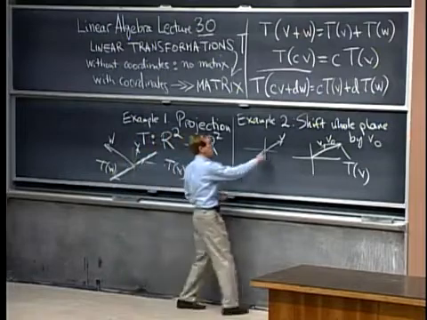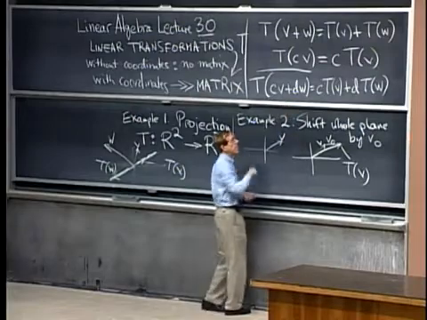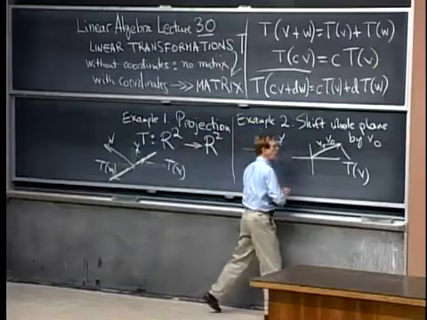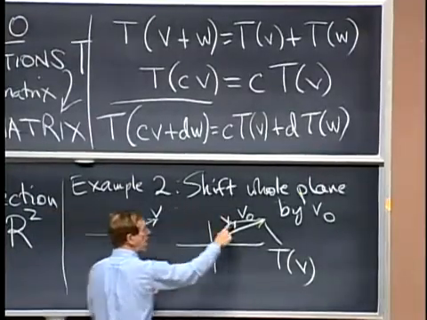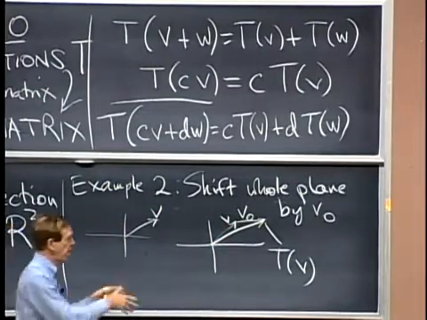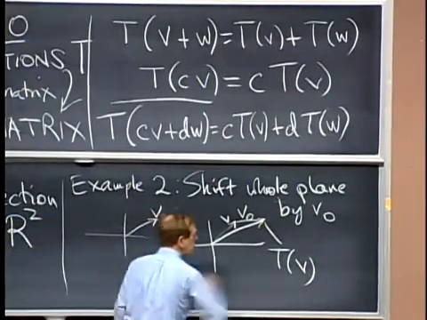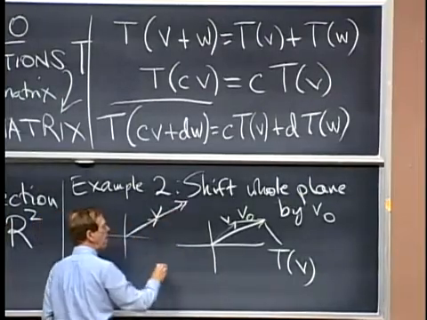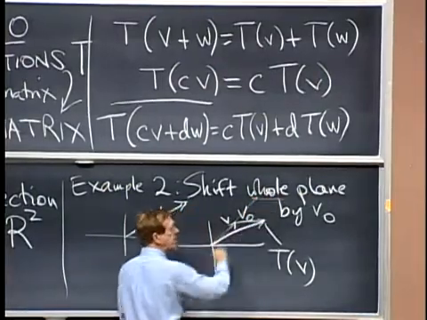If I double the length of v, does the transformation produce something double? Do I double T of v? No. If I double the length of v, in this transformation, I'm just adding on the same v0, not two v0s, but only one v0 for every vector. So I don't get 2 times the transfer. Do you see what I'm saying? That if I double this, then the transformation starts there and only goes one v0 out and doesn't double T